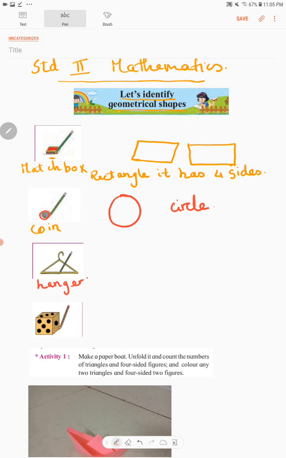You put clothes and hang it in the cupboard. Now suppose if I roll a pencil around it, what shape does it form? It forms a triangle, and a triangle has three sides.